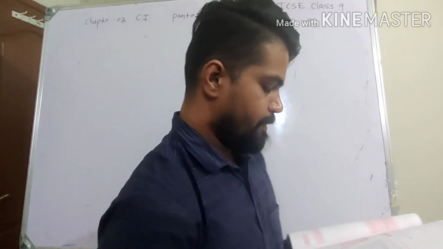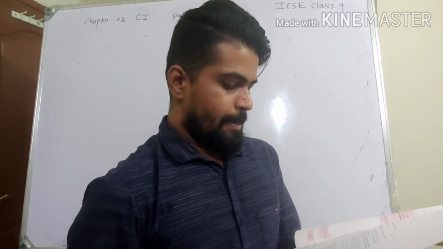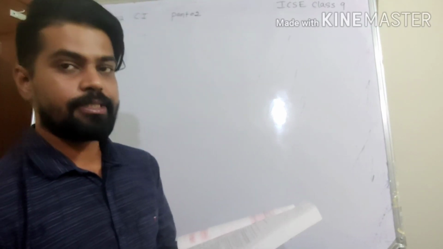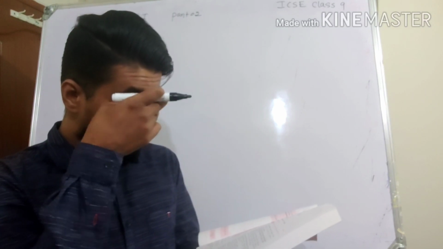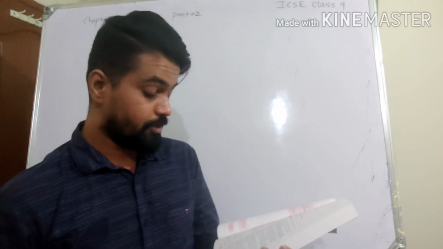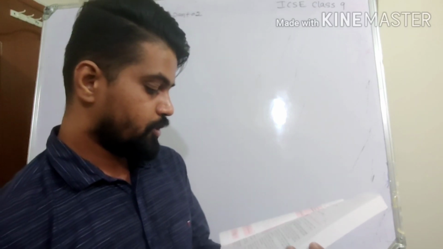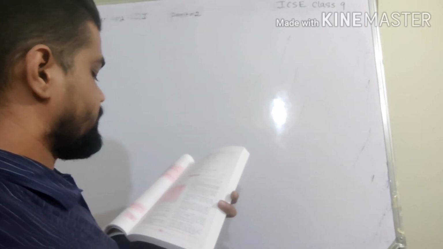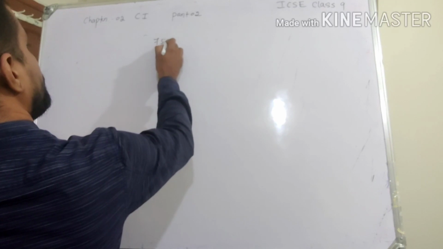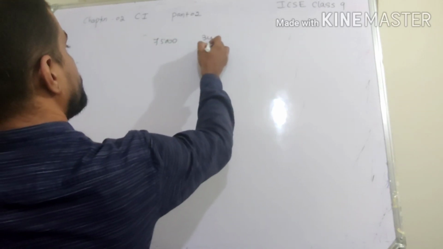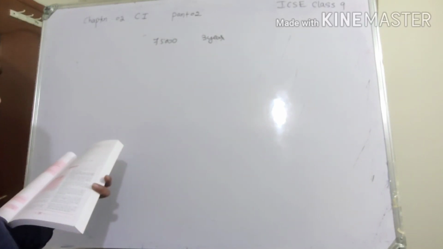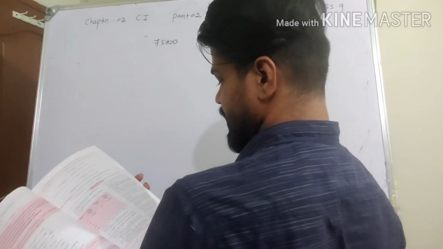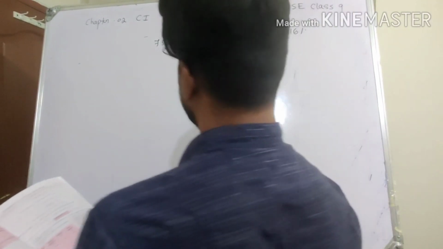So let's go to question number 7. Question number 7 is again successive change in percentage. The rate of interest is changing successively, so that you can do later: 6%, 8% and 10%. Let me solve one last question, question number 8, and the remaining 2, 9 and 10, are your work again. Question number 8 says Meena lent 75,000 for 3 years. If the rate of interest for the first 2 years is 15% and the last year is 16%, calculate the amount at the end of the third year.